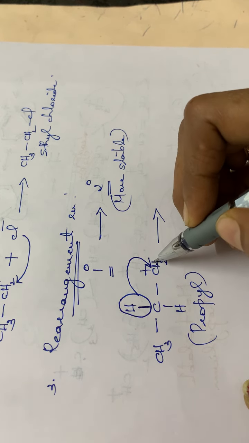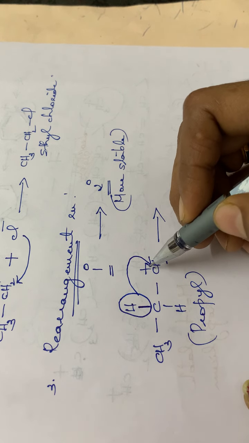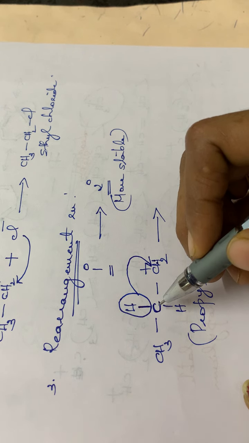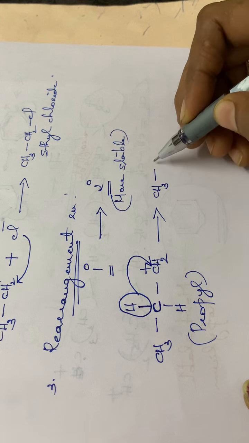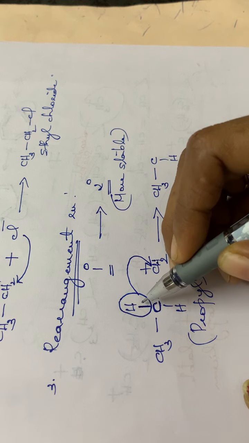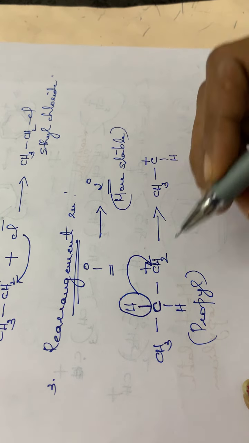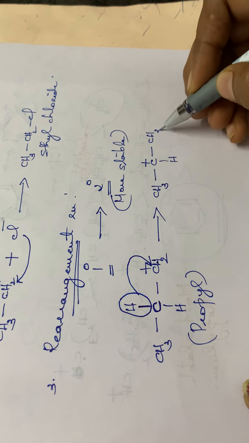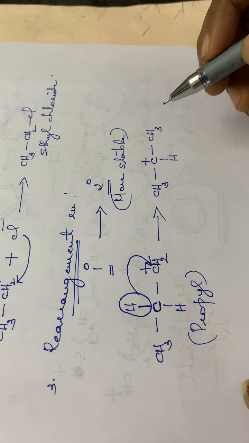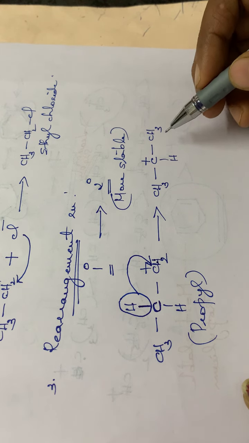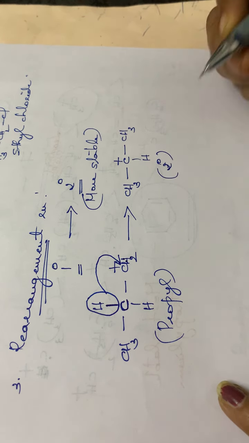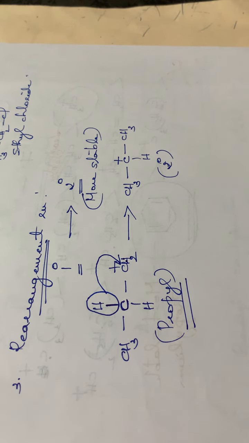H minus is moving towards this carbon atom, so that this positive charge will be neutralized, and again this carbon will be getting a positive charge. So the formed compound will be CH3 single bond C, H will be remaining. This carbon is electron deficient, so it will be getting a positive charge. Again single bond CH3, since this H minus will be joining CH2 plus. So it becomes CH3 CH CH3. This is a secondary carbocation or an isopropyl carbocation. This secondary carbocation is more stable than this primary carbocation.